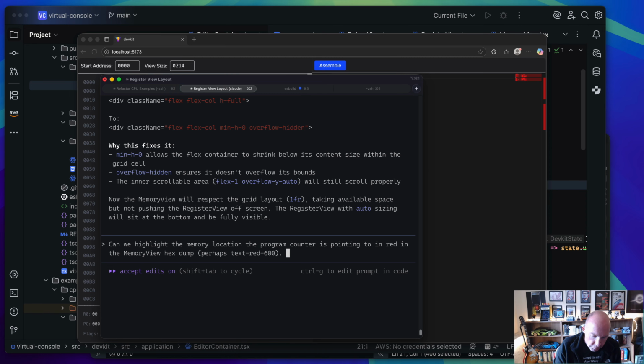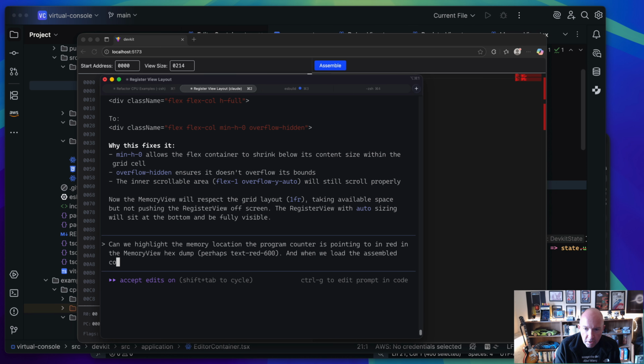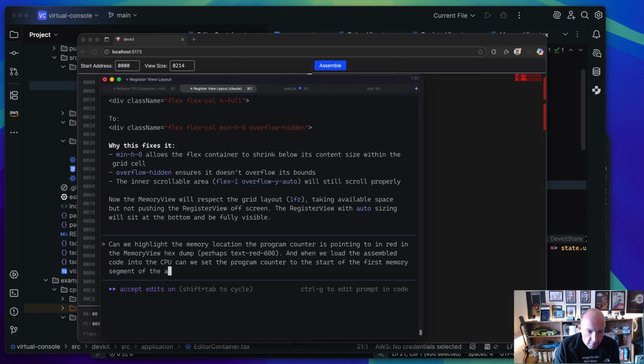And we also load the assembled code into the CPU. Can we set the program counter to the start of the first memory segment of the assembled code? So we want to show it red, and hopefully with all the information given so far, it's got enough context